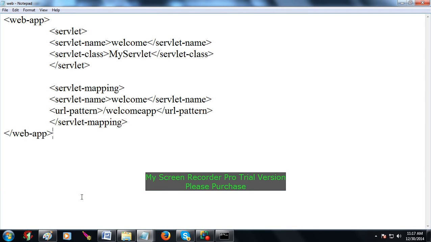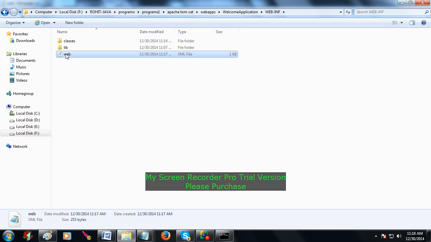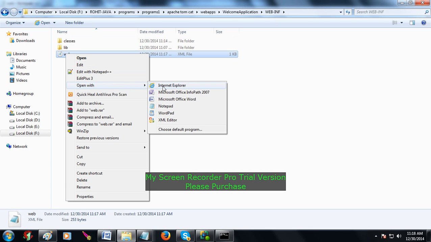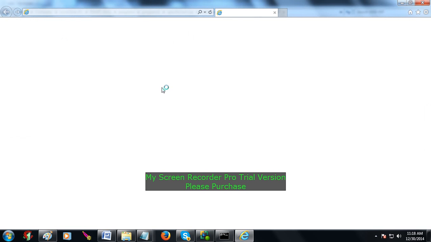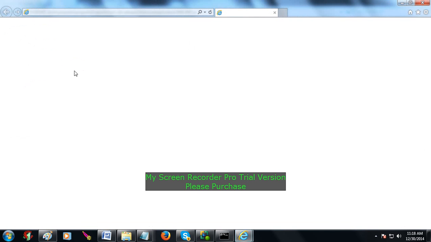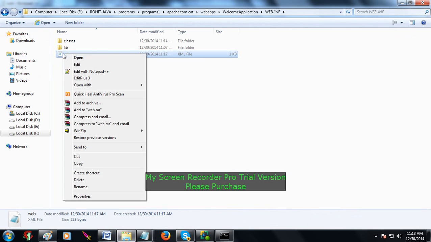Save this web.xml, and if you want to check whether it is written correctly or not, right click and open with Internet Explorer. If you are getting the same code as what you have written, it means the web.xml is written correctly. Suppose in this scenario,